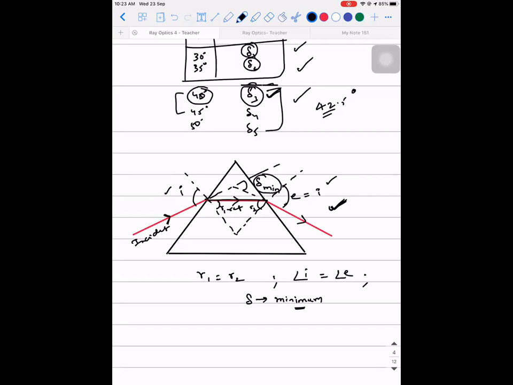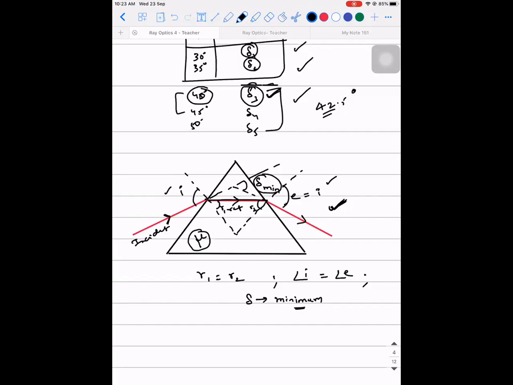The reason why we do this experiment is that they will not explain it in the lab. You will not even understand why you are doing it. Your work is only till doing this experiment. They'll ask you to draw the graph. But the main reason and the real-time application of why we are doing this experiment is to find the refractive index of the material which you're using as a prism.